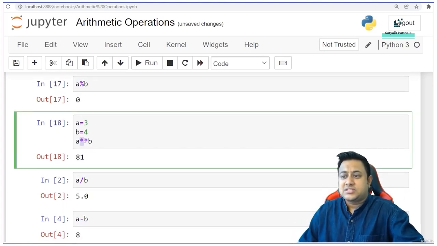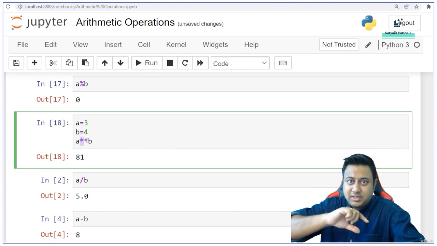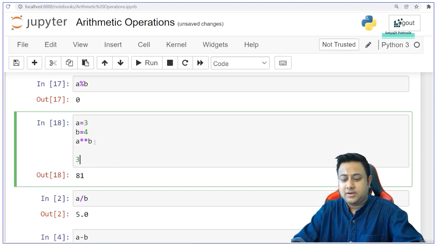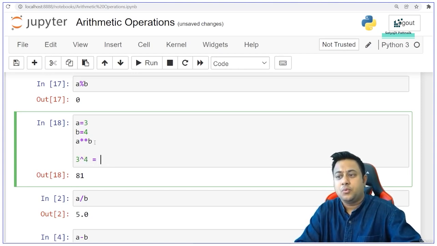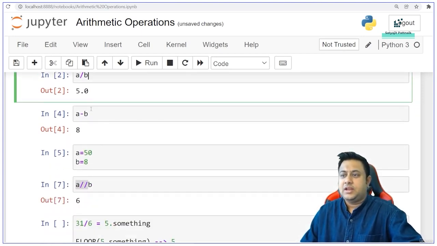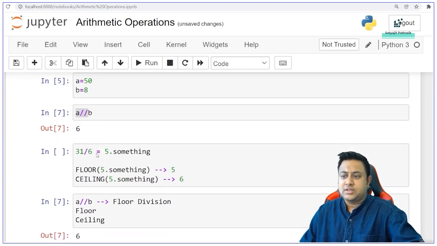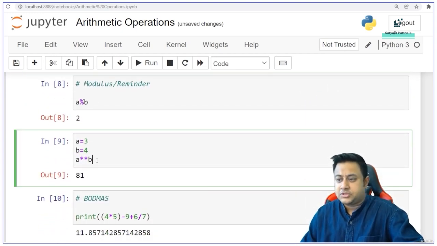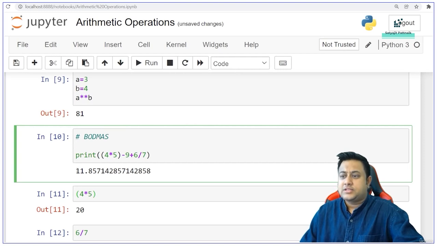What is star star? It is something to the power of something. If you define a as 3 and b as 4, it is nothing but 3 to the power of 4, which is 3 into 3 into 3 into 3, which is nothing but 81. Okay. Similarly, all these are various operations, very simple concepts. Modulus operation, which is the remainder operation. Now, let's try to